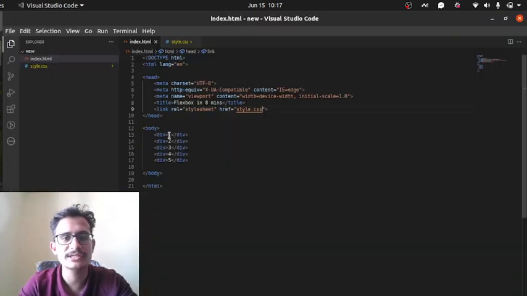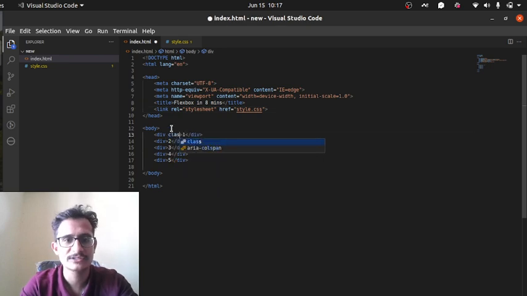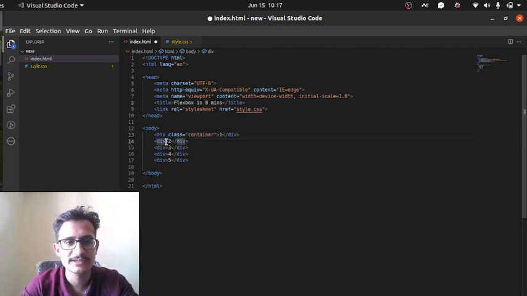So what you can do is give some class names. Let's say you give a class name as container. Let's copy this class name to all the elements, because we want to give some background colors and we want to see how much area one div is going to occupy.